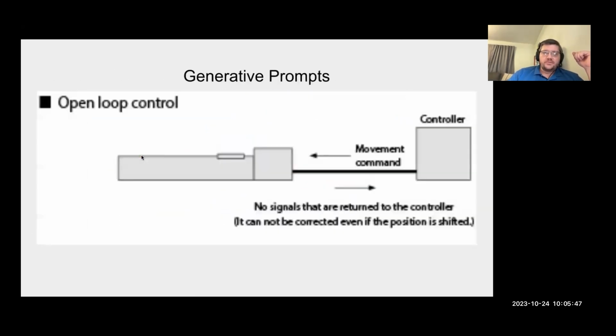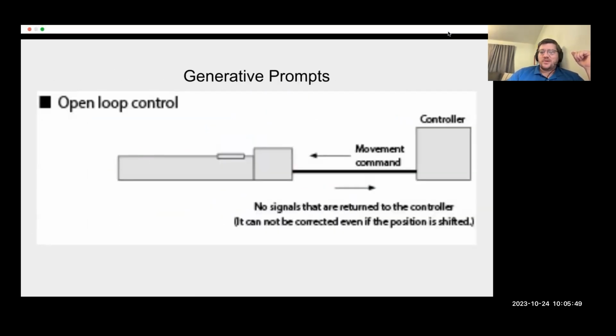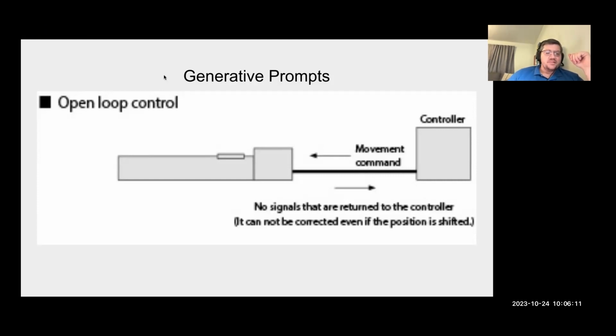Some of you might know this better than me if you're actually in STEM. I was thinking about feedback loops, and I was thinking about the types of prompts we use. And I started thinking about an analog, and I found some analog images. This is a servo control for a remote control car. It's a one-way movement. It doesn't get a lot of feedback. And the metaphors I was thinking about made me think of generative prompts.